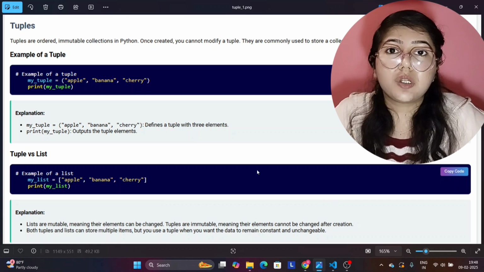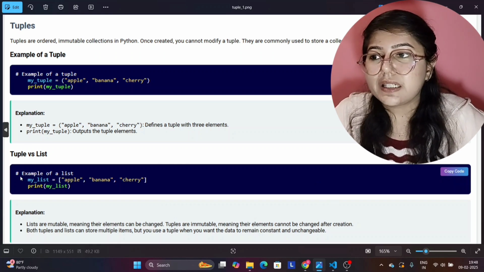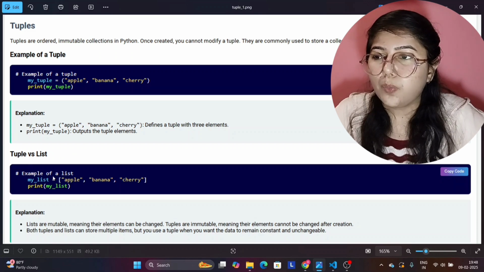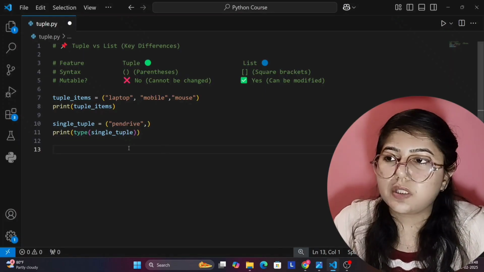Now the next thing we will learn is what are the differences between a tuple and a list. So for creating a list, I'll explain it with the help of an example. That is, first we have to create a variable and then we will store some items in the list. Okay, and then we will print it. So let me